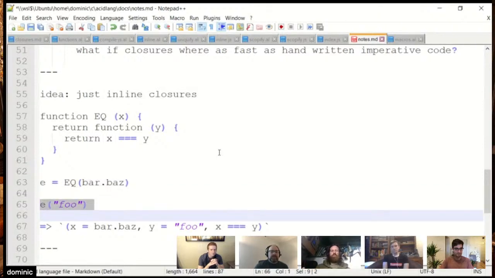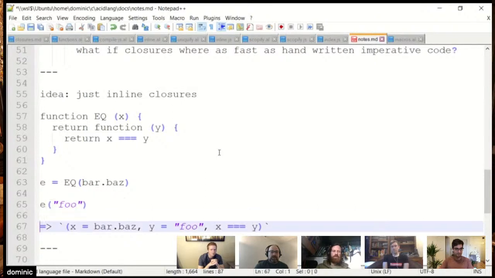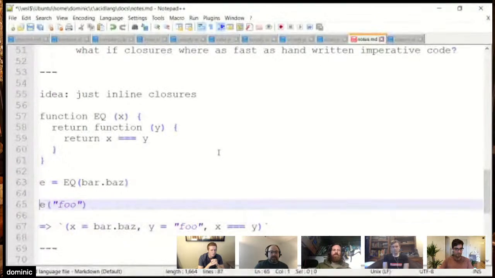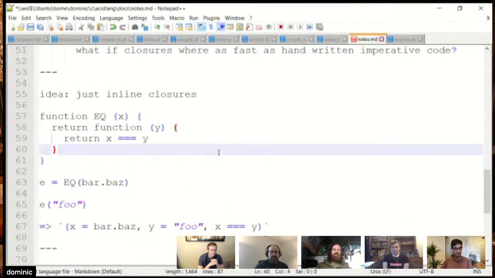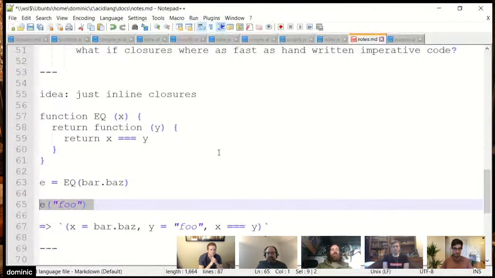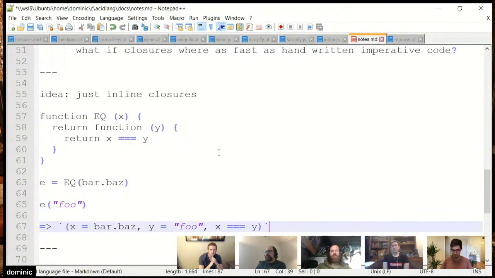Later you pass it a variable and it returns true or false. If you did this in JavaScript, you'd get this function, and then the call goes off to another place, and that function has closure scope, which is more expensive than a prototype object, and it gets the X from that and checks the Y and stuff like that. But in this inlining scheme, this call to EQ with the string foo becomes this expression.